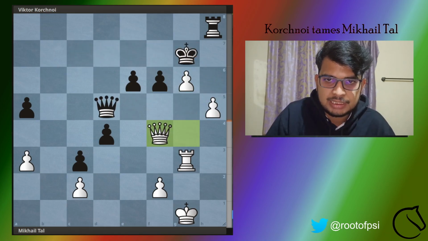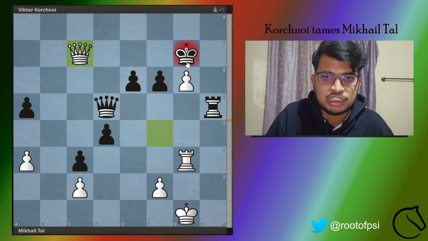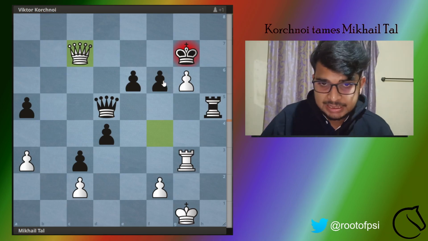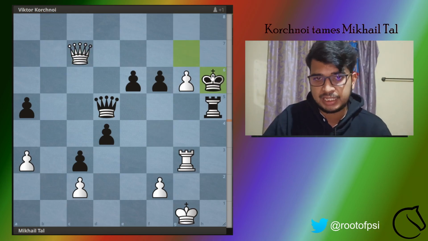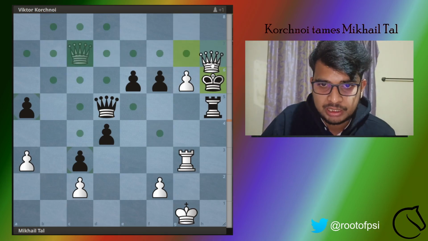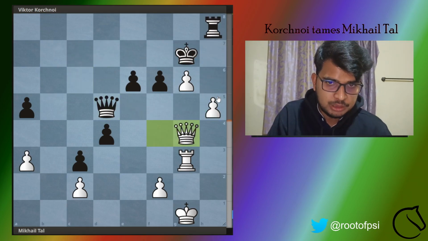And if you, let's say, decide to take with the rook here, that is also not possible, because that just results in a mate after, again, queen to c7, wherein you can see that this king is now pretty much getting mated after you play anything. Let's say if you play this, then this is already a mate after this move. So it is not possible to take that pawn.